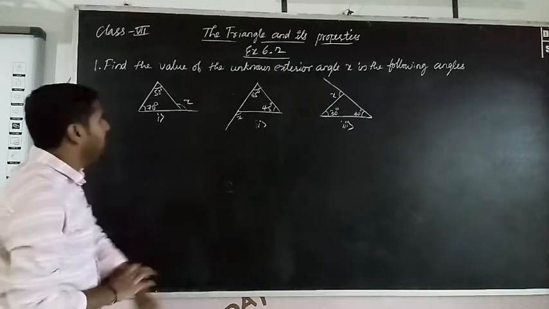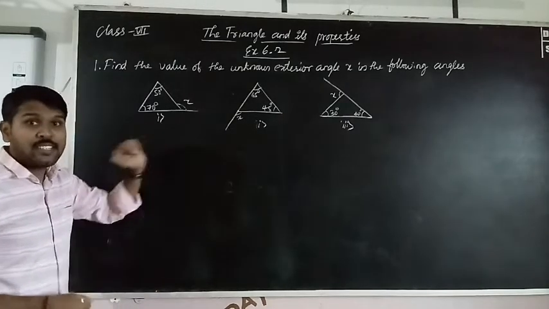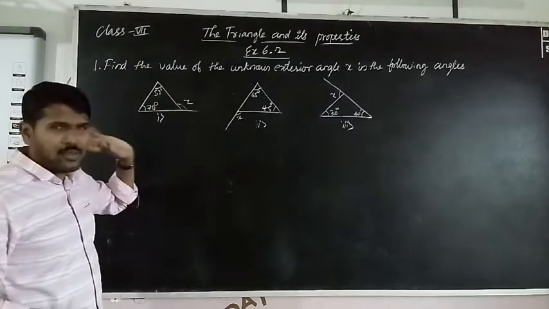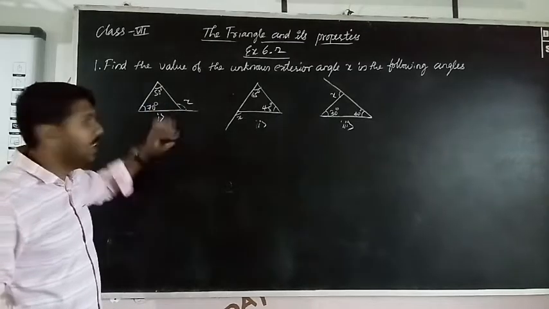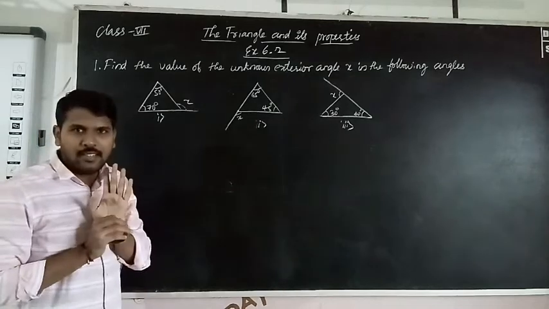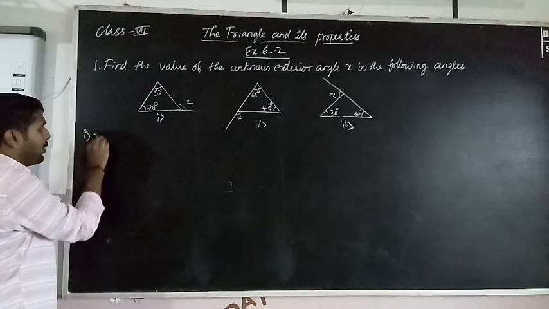Here x is the exterior angle. So what is the exterior angle? The exterior angle is the sum of the interior opposite angles. For this figure, this is the adjacent angle. Leave this adjacent angle. Just add the remaining angles. Look at the exterior angle. So here, x equals to